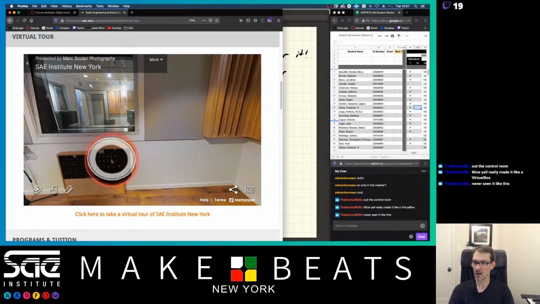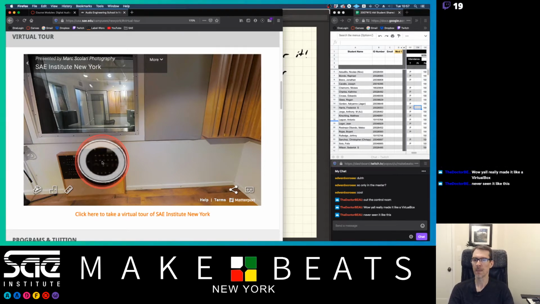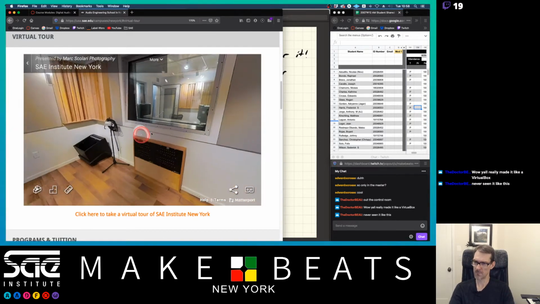So we can go in here and you're going to plug into one of these. This actually has only 16 inputs on it, but that's okay because you're probably not going to be recording more than 16 things at one time most of the time. We don't have any rooms big enough for orchestras and stuff like that. But every room has one of these mic panels in it, so we can go ahead and plug in down here. And the one you're probably going to want to use, I believe, is this one here. I don't remember off the top of my head what the control room number is,